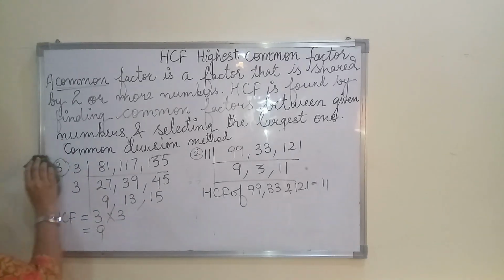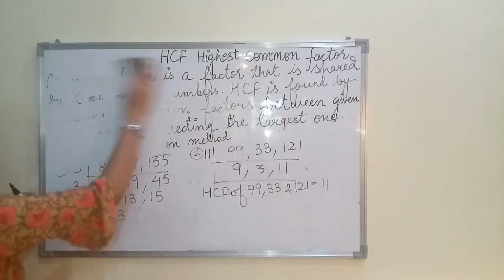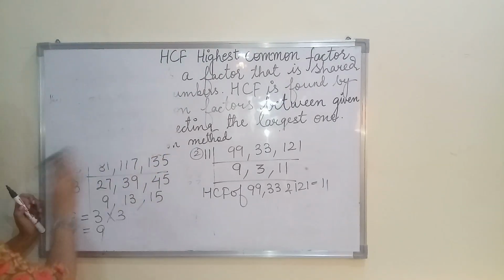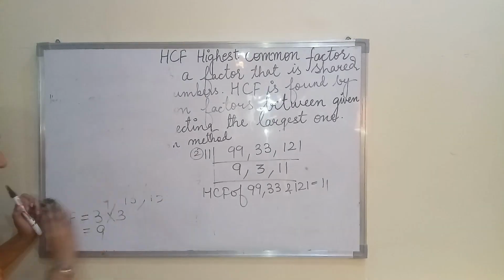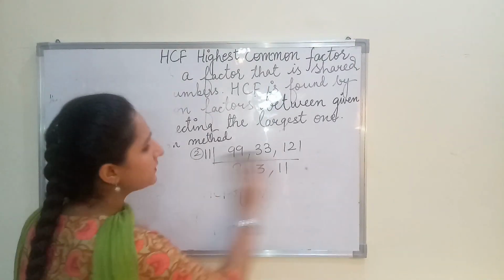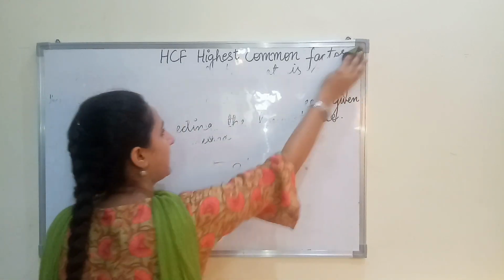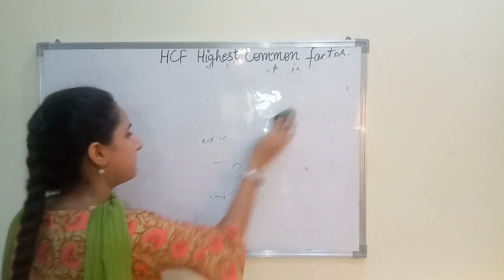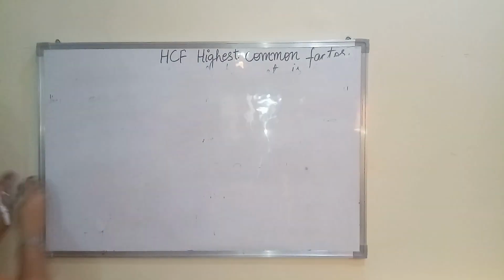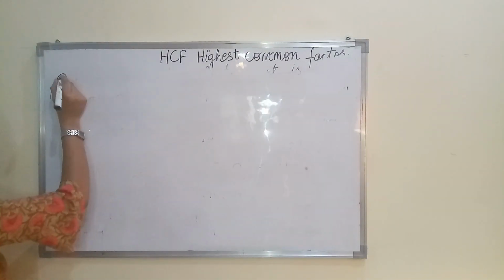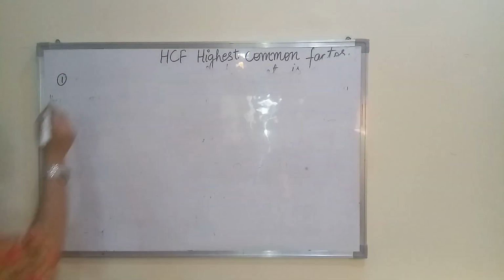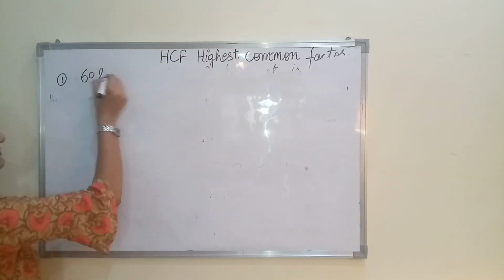So the last method is the long division method. So let's move to long division method. As per the name, it is lengthy but it is very easy method and we commonly use long division method. Fine. हम long division method ही commonly use करते हैं, ठीक है. और ये बहुत ही easy method है. Like take one example. The very first example is like 60 and 95.